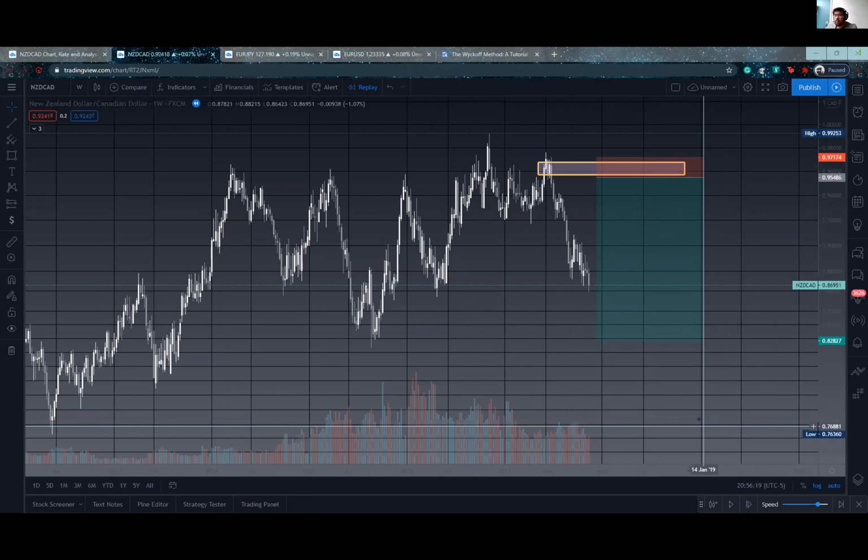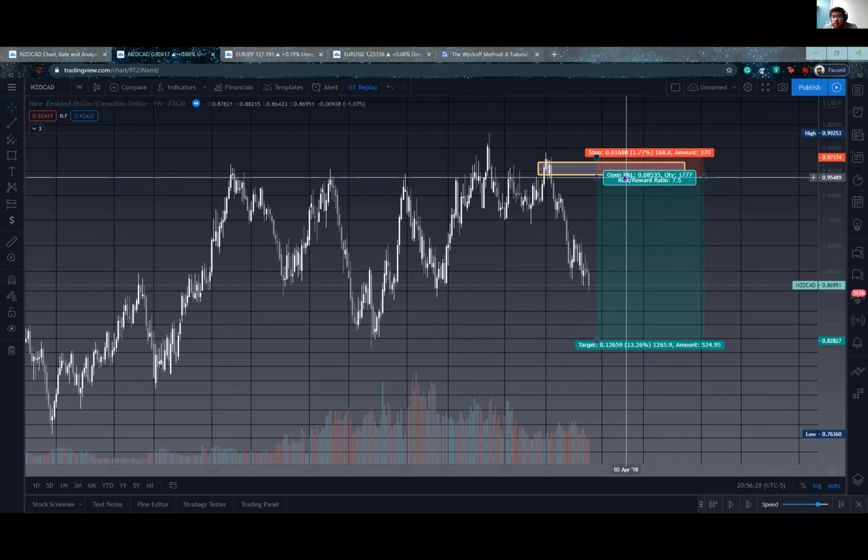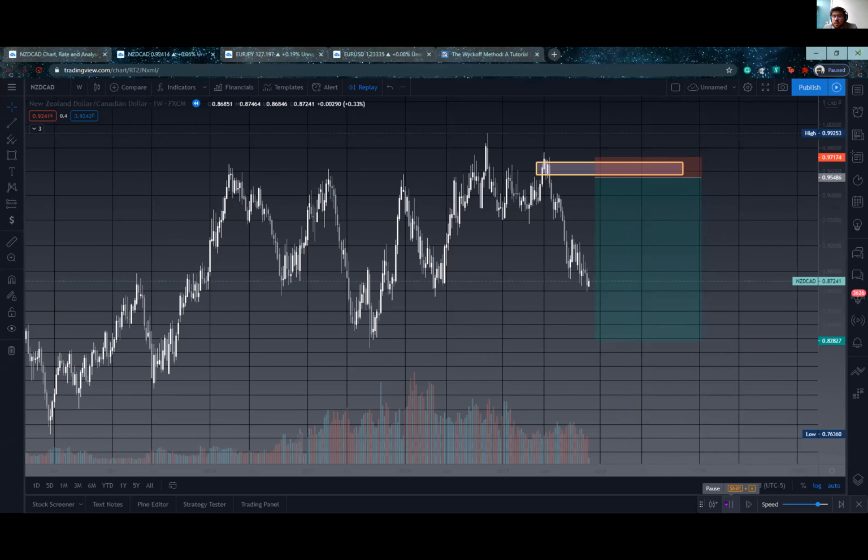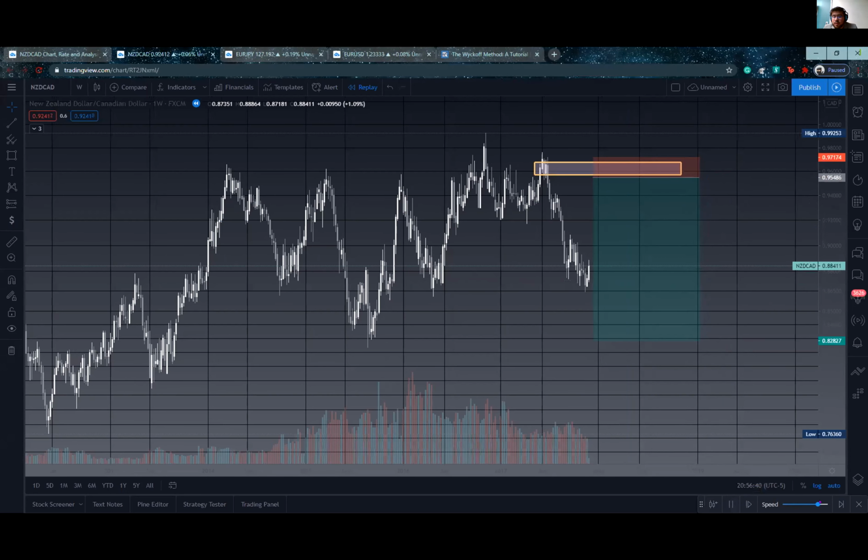So in this case, if you were a bank, you wouldn't just sell it all the way down. There are too many people following you. So what you need to do is come back up, and you're going to have to take more selling positions from a higher price to actually make a lot more money. So if we play this replay,